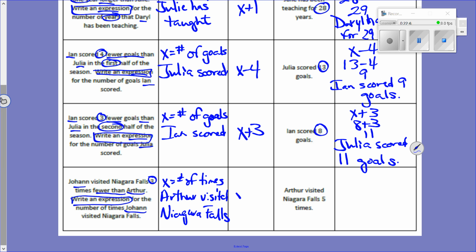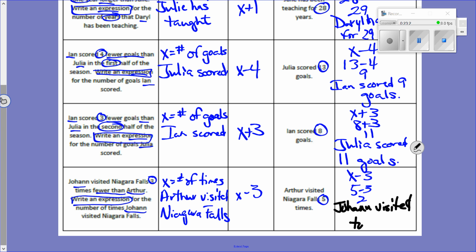Okay, so from Arthur's perspective, Johan was 3 fewer than Arthur. So from Arthur, I need to minus 3, because Johan is 3 less than him. So now my X minus 3, Arthur did it 5 times. 5 minus 3 is 2. So Johan visited